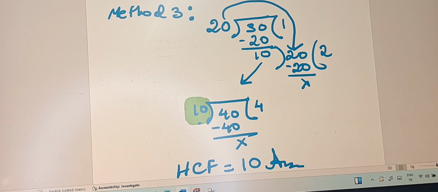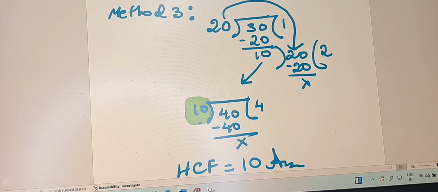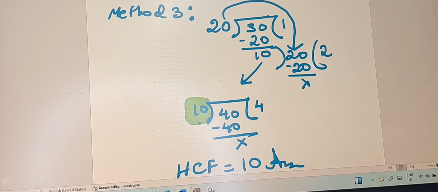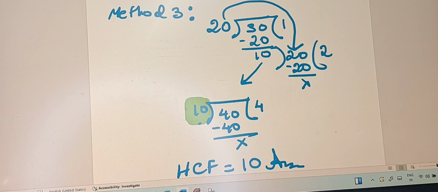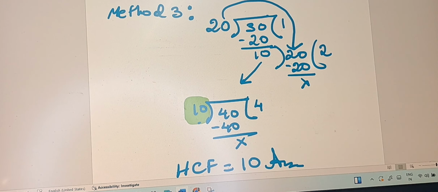All of you go through the video once again so that your concept regarding factor trees, how to find factors, as well as H.C.F will be clear, and you all will excel in your mathematics examination. Maths is very interesting. If you know how to play with numbers, definitely maths is very interesting for each and every one of us, and we can score very good marks. There is no fear. Some of us always have a fear factor when we see the question paper, but I am telling you, if you follow and concentrate